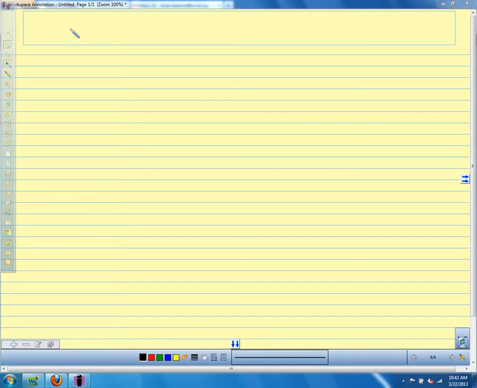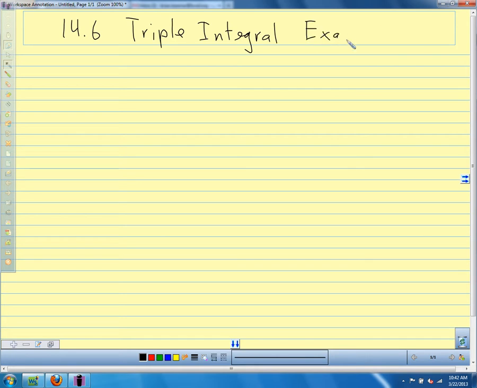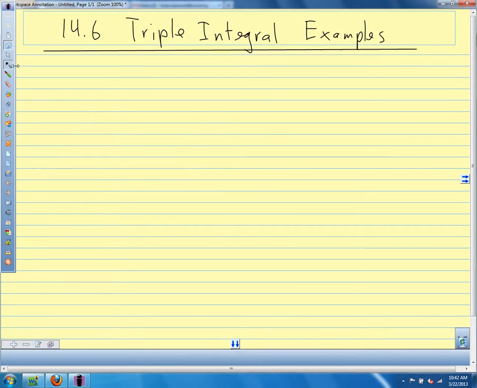Alright, so we're going to look at a couple more examples that we didn't have time to do in class of using triple integrals. In this example, we want to use a triple integral to find the volume